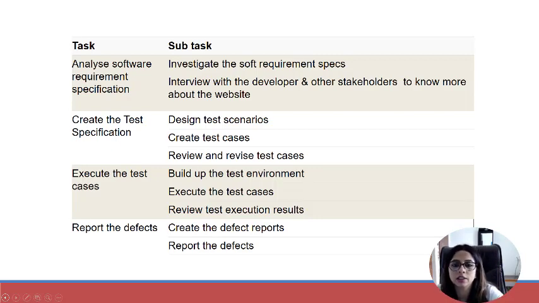So analyzing the requirement will be broken down into subtasks. We'll investigate the software requirement specifications, SRS, that we get in the beginning, and then we'll also interview or talk to the developer and the stakeholders, and we'll know about the business flow of the software. So that's how you can analyze the requirements. It has been broken down into subtasks which can be allocated to relevant team members,